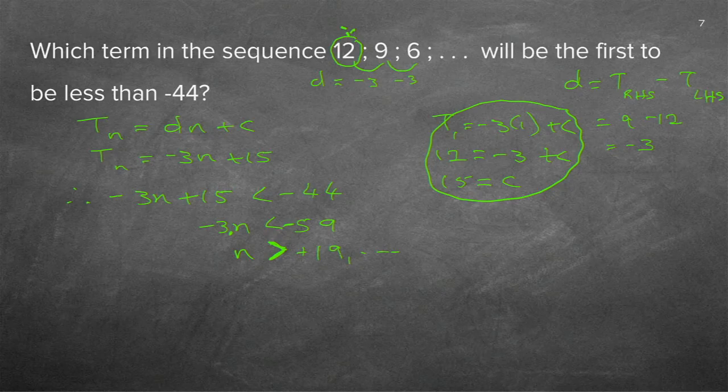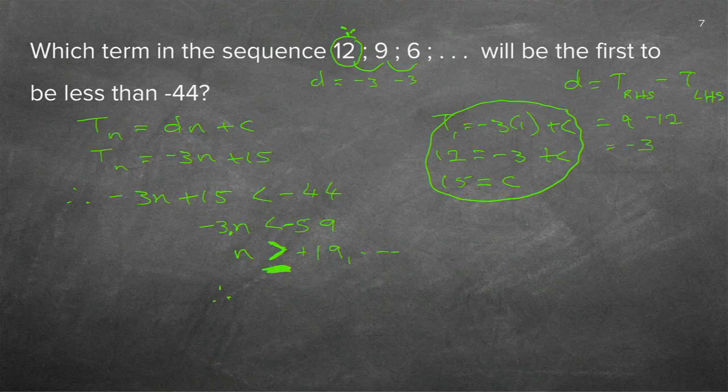Remember, this is logical stuff. It's a sequence, a few figures in a row that forms a pattern. So it's a logical thing. So if you get to an answer that is not logical, check. It was a silly little thing. I just forgot the minus, and now I know it should be 19, comma whatever. So the n must be greater than 19. It doesn't matter if I say 19, comma 1 or 19, comma 9. You're not going to round it up or down. You need the first n that is greater than 19.